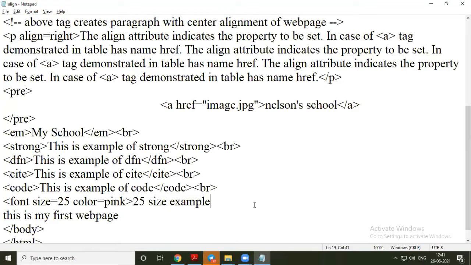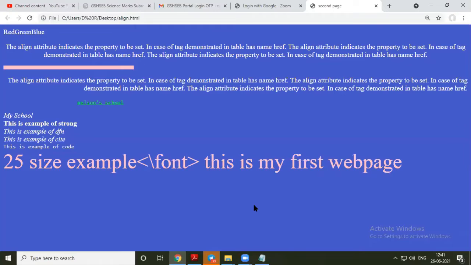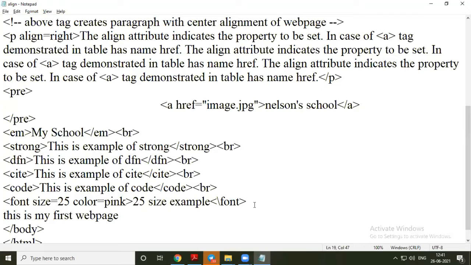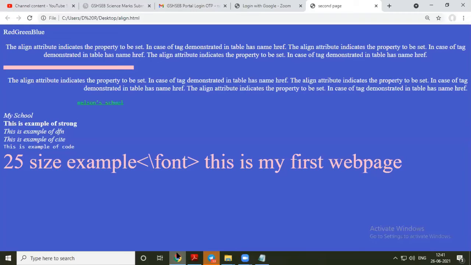And if you make any mistake in closing the tag, for example, this forward slash that we are using to close a tag, but if you put a backslash, see what happens, it doesn't work because there is no such tag in HTML. So the tag that you are typing wrong is considered as part of the text that you want to show in your web browser.